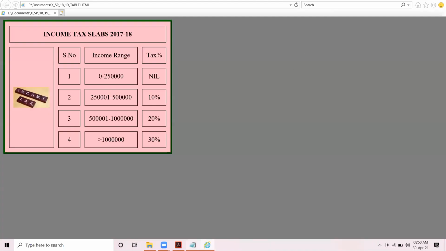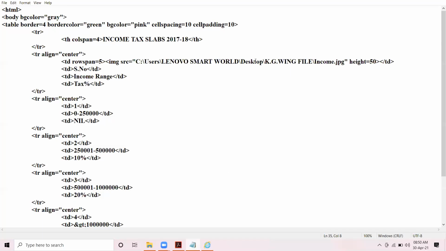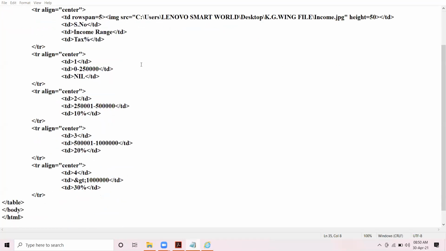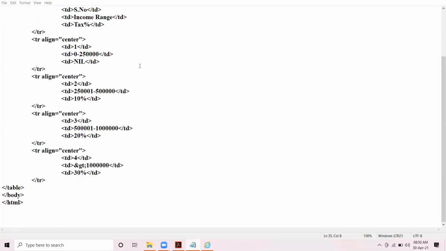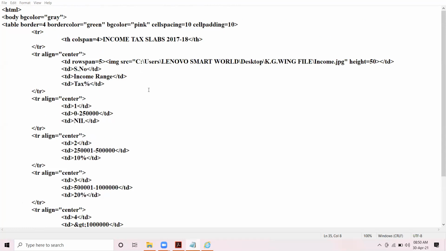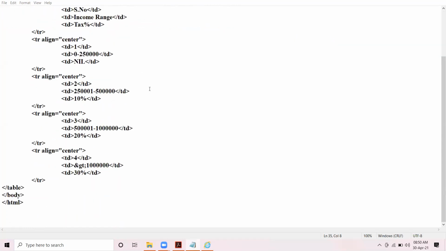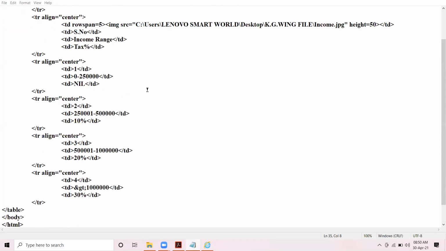So I show the coding once again. See the coding carefully. Wherever you are feeling doubt, raise your hand. But carefully see the way the coding has been typed. See the symmetry.